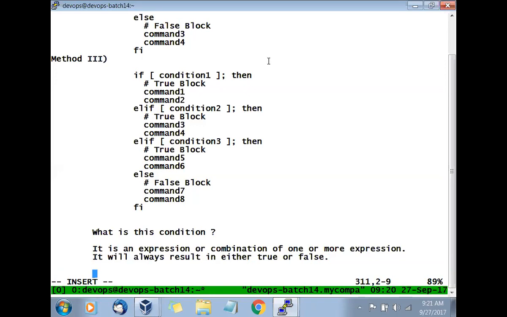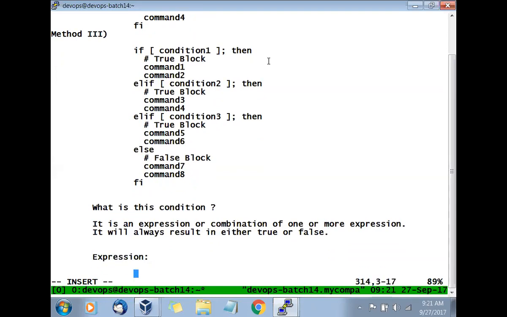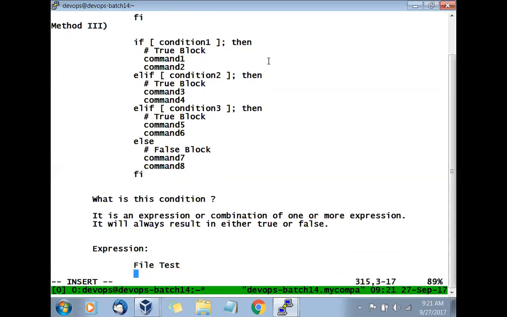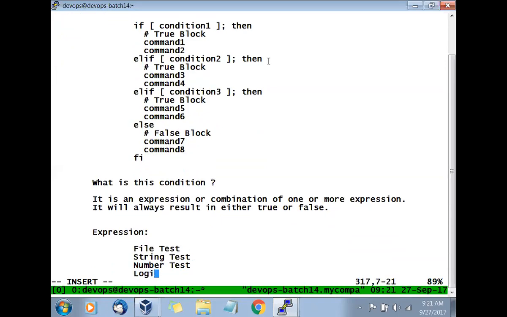Now let's see how we can get these expressions. Expressions are there in four different forms. You can run some tests, and that is your stuff. Number one, file test, string test, number test, and logical test.